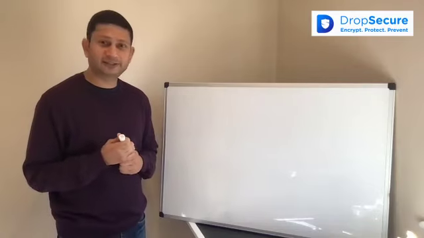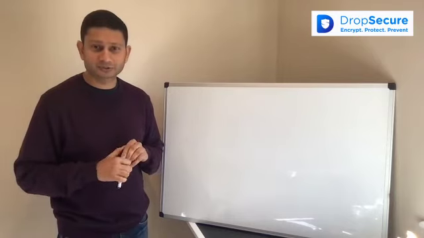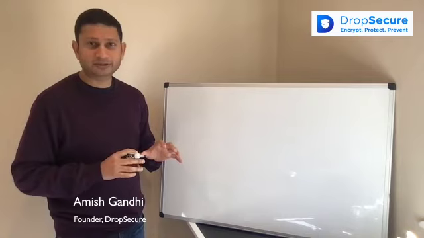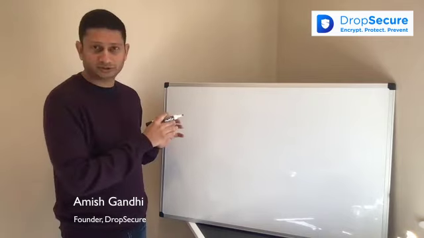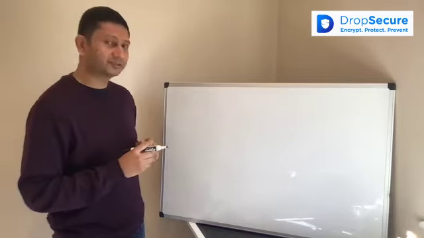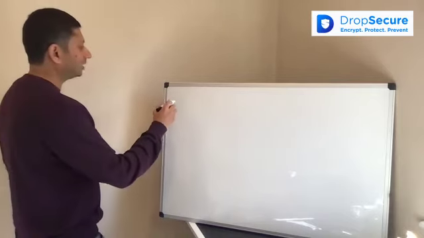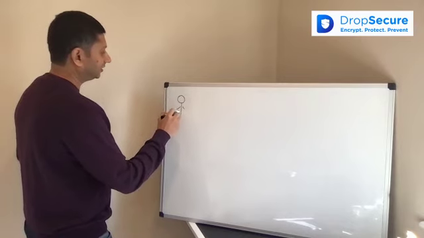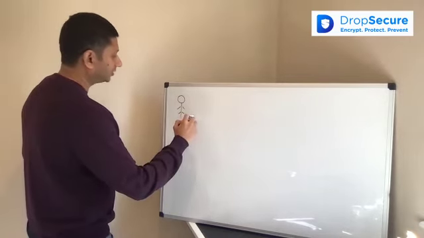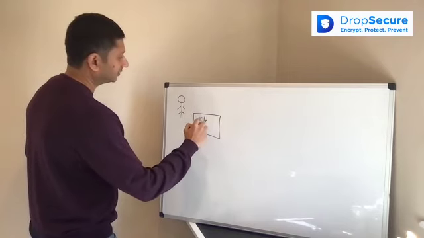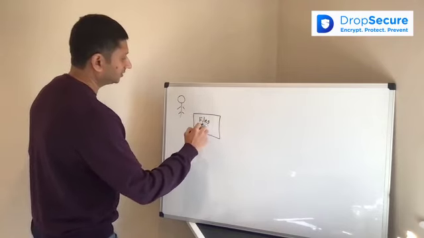So in this video, I'll explain how we use a combination of symmetric and asymmetric encryption, essentially how DropSecure makes sure that your data is end-to-end encrypted and protected with zero knowledge. So let's take an example of Alice, in this case again, who wants to send some files and messages